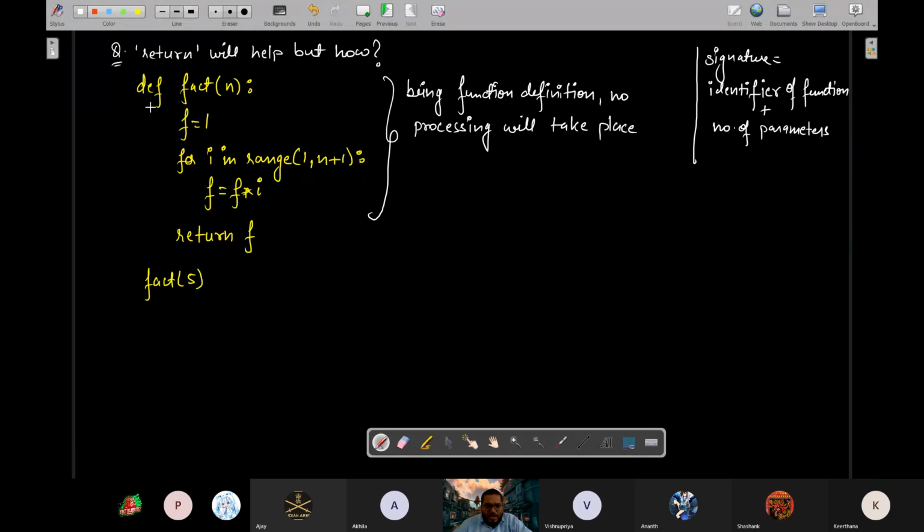Understood? So this should be the same as the signature at function call, that is the name at function call plus the number of arguments. I'm just writing in a rough area so that you remember.